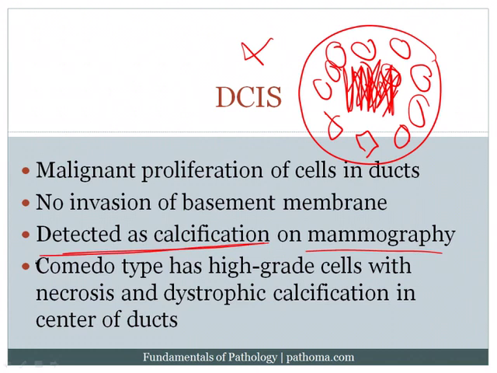Now remember that calcifications are not always malignant. For example, we talked about 2 other lesions in this chapter in which we could see calcifications, but they were not malignant, they were benign. So can you recall those? Number 1, fat necrosis. Remember that I said that when a patient gets fat necrosis, they get saponification of that fat, and it can be calcified. And number 2, in the discussion of fibrocystic changes, I talked about one change called sclerosing adenosis and told you that that is often calcified as well, and so therefore that could be detected as calcification on mammogram. So this is something important to bear in mind.